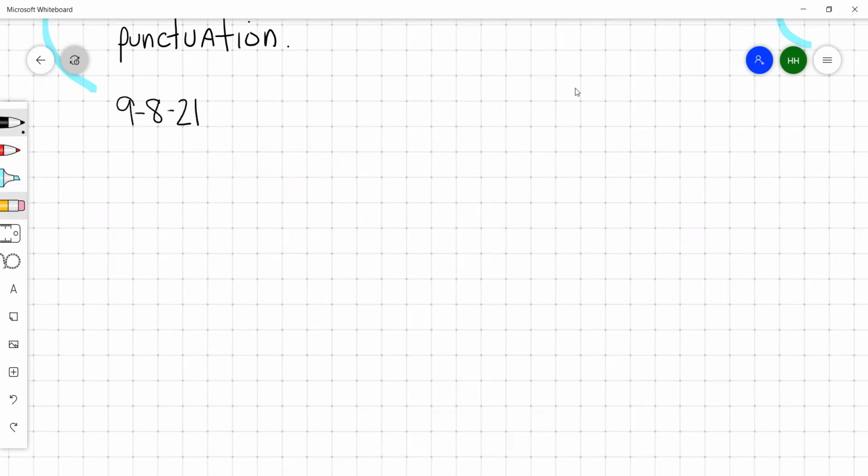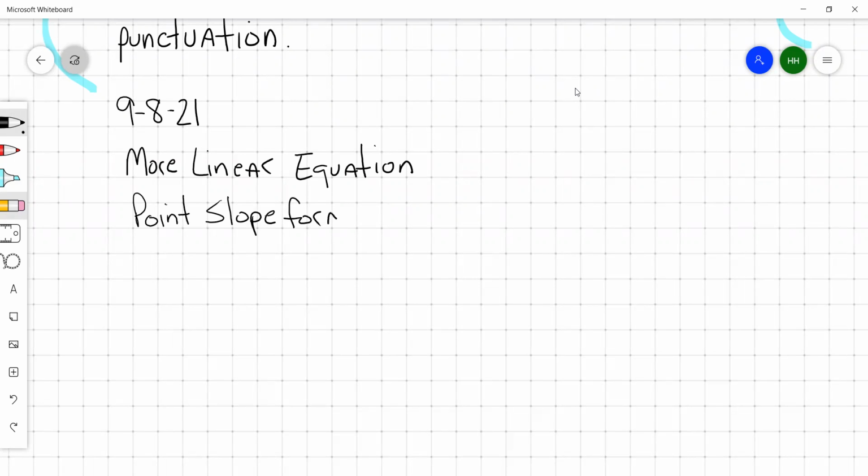Okay, today we are going to be working with more linear equations. And in our more linear equations, the first equation that we're going to be working with is called point slope form. The point slope form of a line